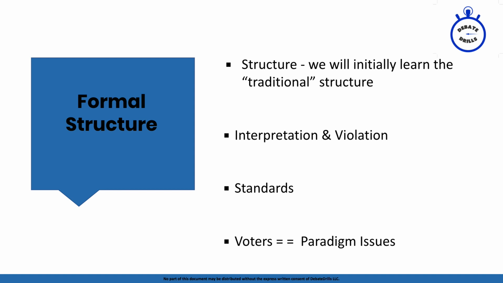Now, what happens if it turns out that the rule I've proposed is good for debate and that my opponent didn't follow that rule? Well, now we need to ask ourselves, what does the judge do with that? And that's where we talk about the voters. So the voters analyze the question of what should the punishment be in the debate and how should the judge evaluate this claim of cheating.